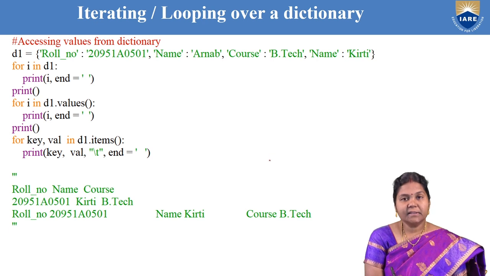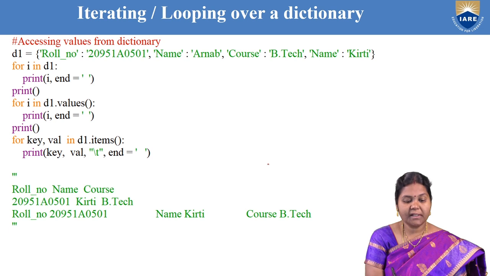Next, let us discuss how to do iteration, or looping, over a dictionary. Using the looping concept, how to display the key value pairs. Let us talk about the for loop here, because the for loop by default works as an iterator which iterates over sequences, mappings and so on.